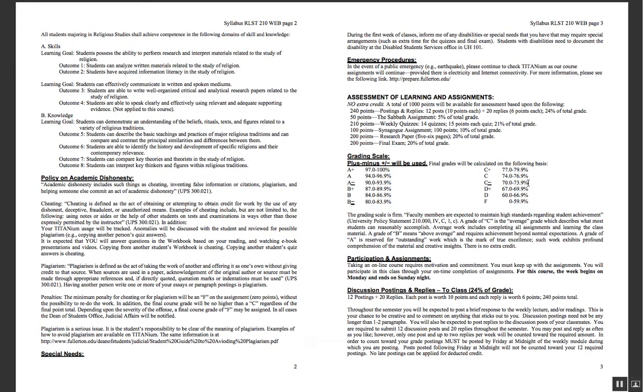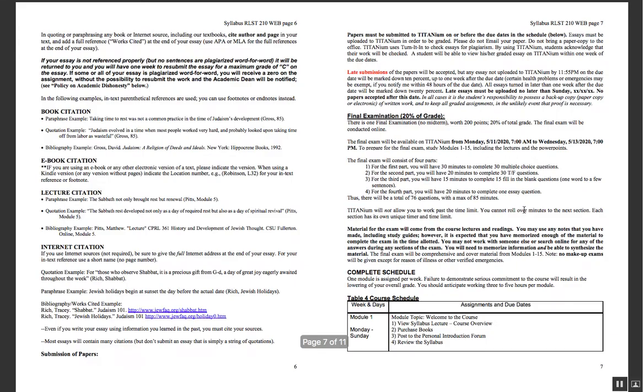Go back to here. So again, you've got the postings and the replies, the Sabbath assignment, the weekly quizzes, your synagogue assignment due near the end of the semester, week 14, and your research paper. This is due the final week of the semester, the 15th module. All right? And all the dates are in the syllabus. Now, let me just scroll down and show you. You're welcome to look through the syllabus, and I encourage you to read through it in detail. But let's just look at the course schedule a little bit.